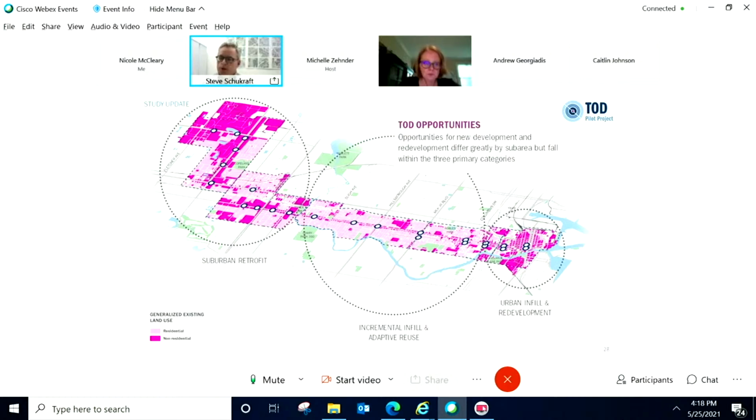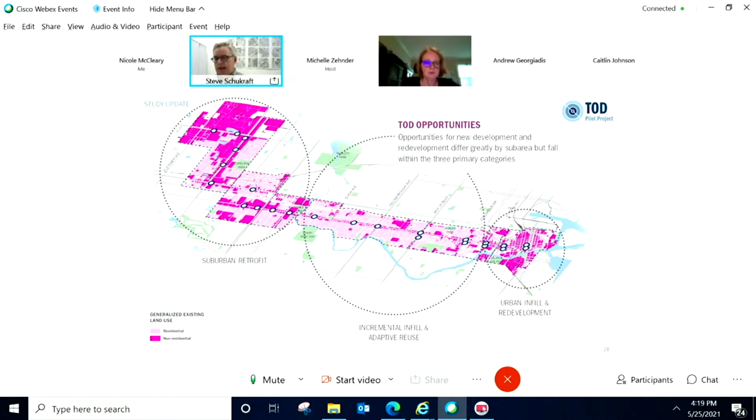When we studied that, we were trying to understand where the opportunities were for change. And this map summarizes that in two basic colors. The pink are residential neighborhoods. So these are places we're looking at focusing on conservation. We're focused on neighborhood improvement and neighborhood livability. The areas in the pink are commercial, some vacant, some underutilized commercial, non-residential sites along the corridor frontage, and you can see where those opportunities exist in big pulses.